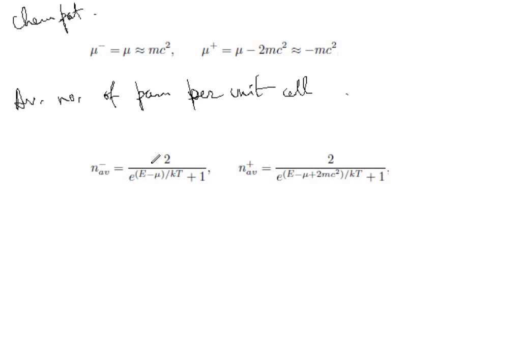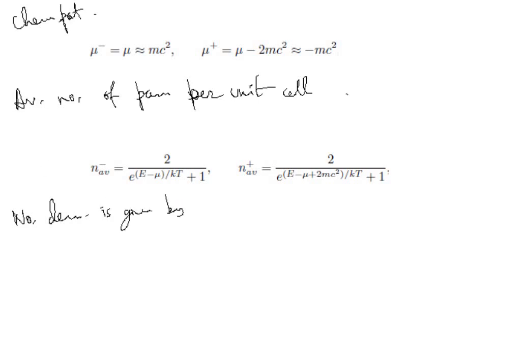Previously we talked about only this one. Now we have just the same relation but with the changed value of the chemical potential. And as a result, you see the number density is given by,